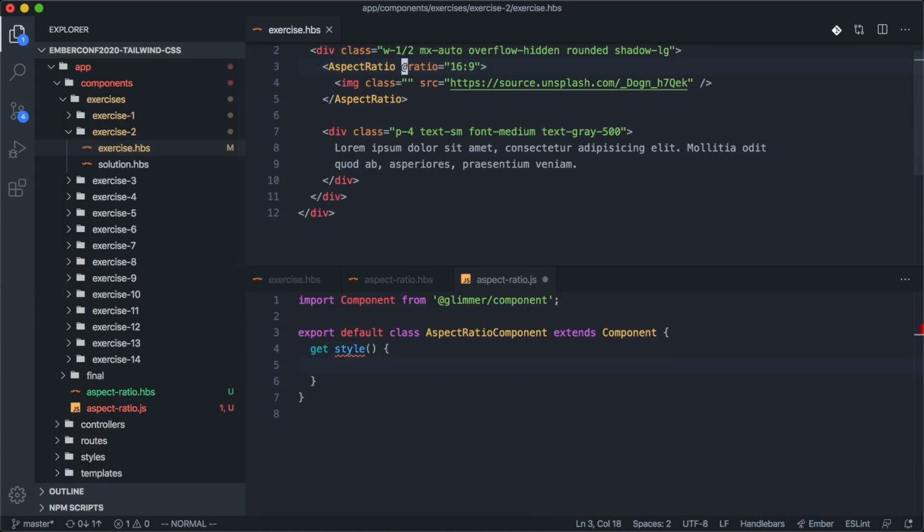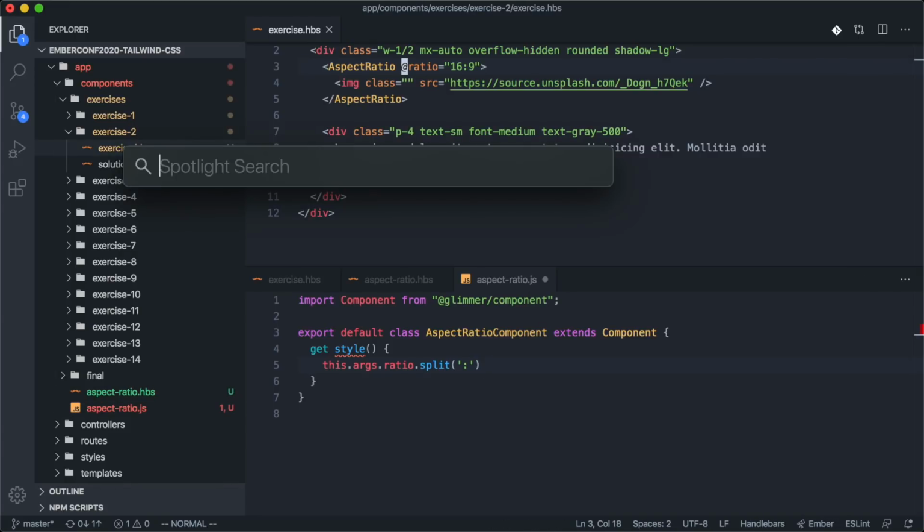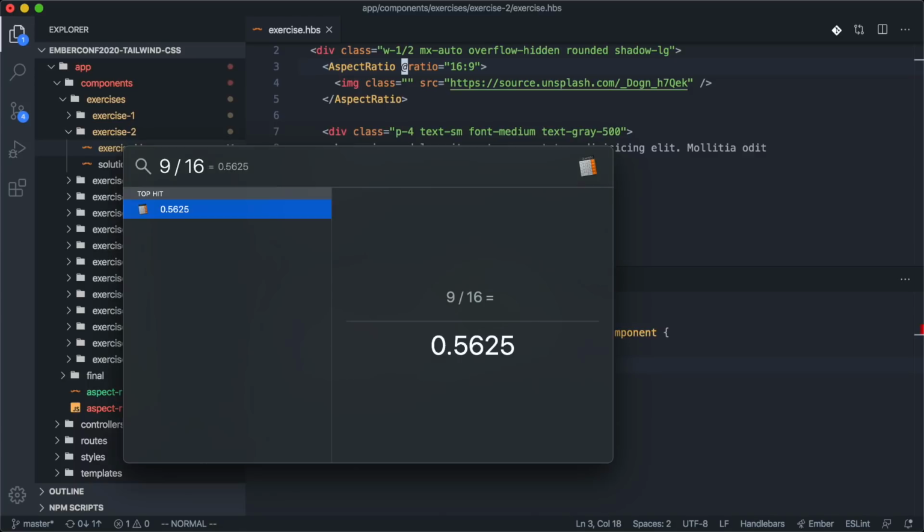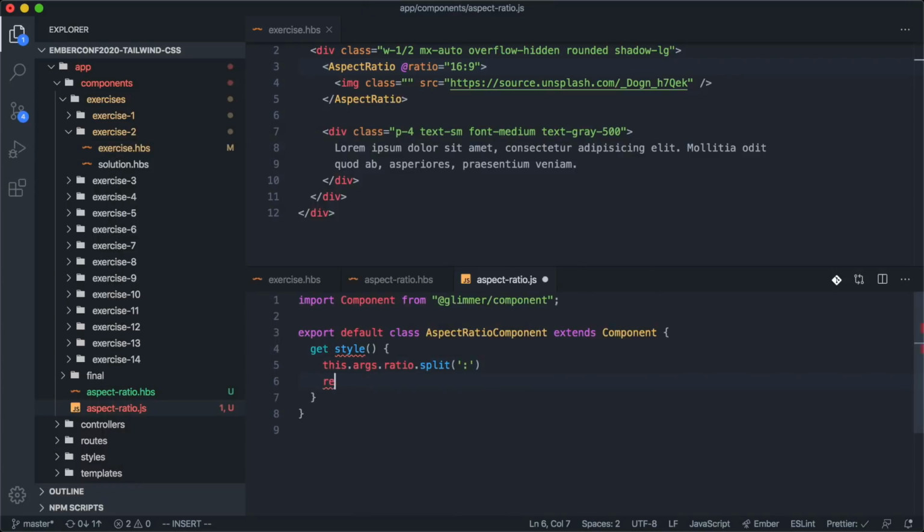This ratio argument we can get from this.args.ratio, and we can split that on the colon. And then we want to divide. So in the case of 16:9 right here, we want to take 9 over 16, and we get 56.25. So if we multiply that by 100, we get 56.25%. So let's just hard code that and see this working. If we were to return padding bottom of 56.25% here and save that,